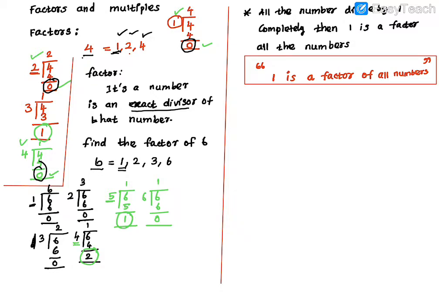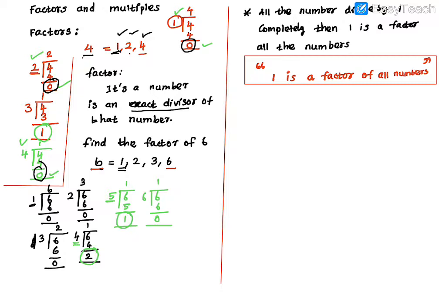Okay, then if you look at that, 4, just look at that 4. So here 4 is coming. If you look at that 6, here also 6 is coming. If you look at 8, 8 also coming. If you look at 10, 10 also coming. That means, which number you are going to find the factor for, for example, find the factor of 10. So you are going to find the factor of 10 means 1 should divide it and the same number also should divide it. Am I right?